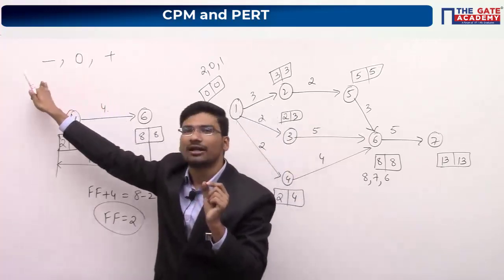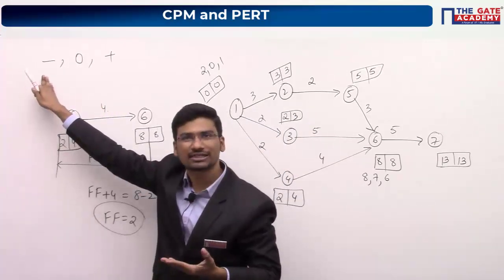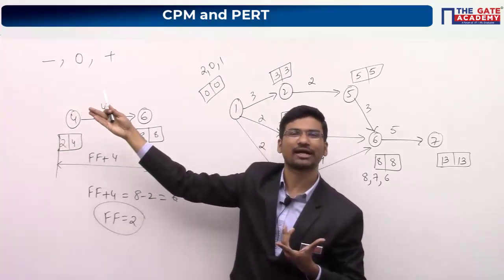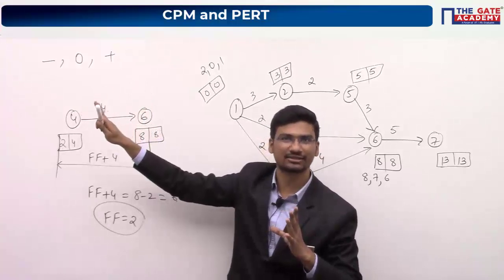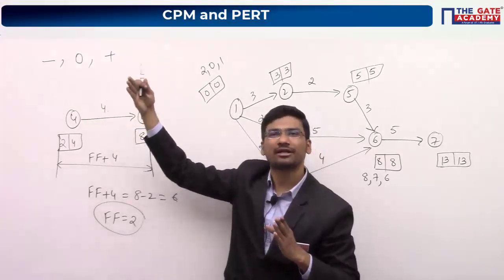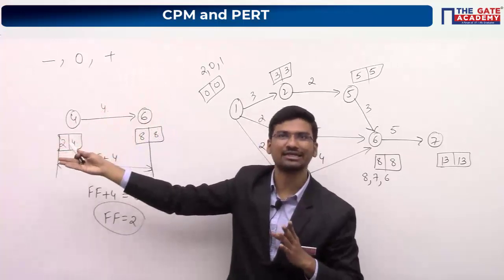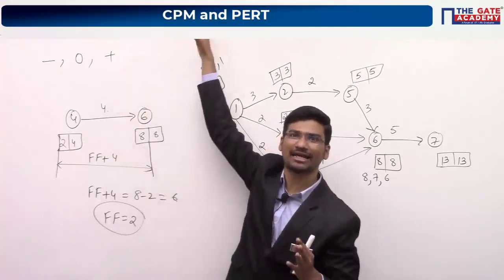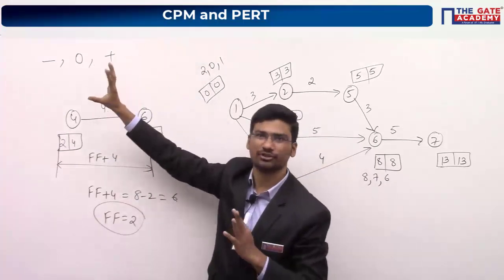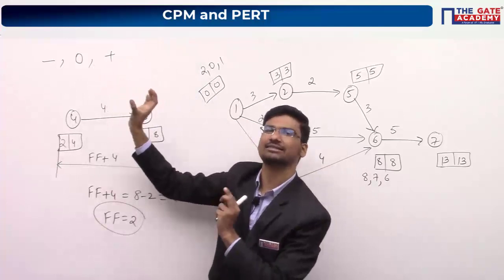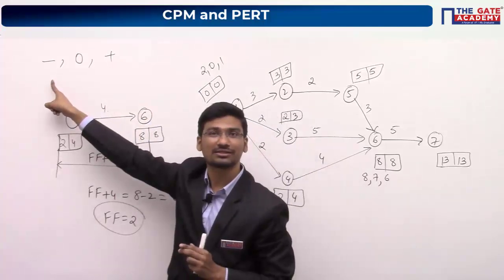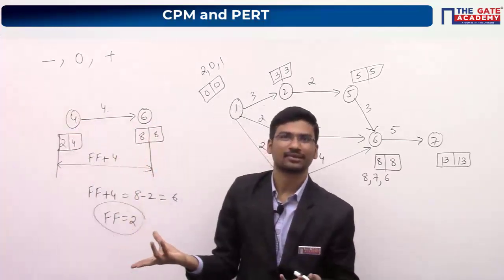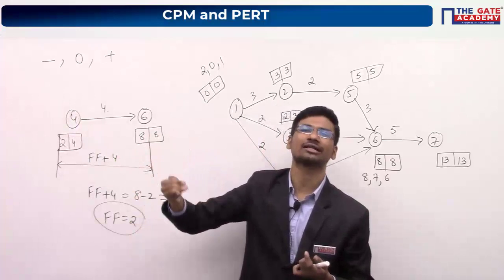Okay. Now the meaning of negative float is, negative float signifies that the time period which you have allocated to that particular activity, it is not sufficient. Positive float means you are having some extra time, you can delay. Zero float, you cannot delay, you are having exactly sufficient time. Negative float means the time period which you have allocated to that particular activity, it is not sufficient. Okay, that means you have to recheck and you have to reallocate the resources.